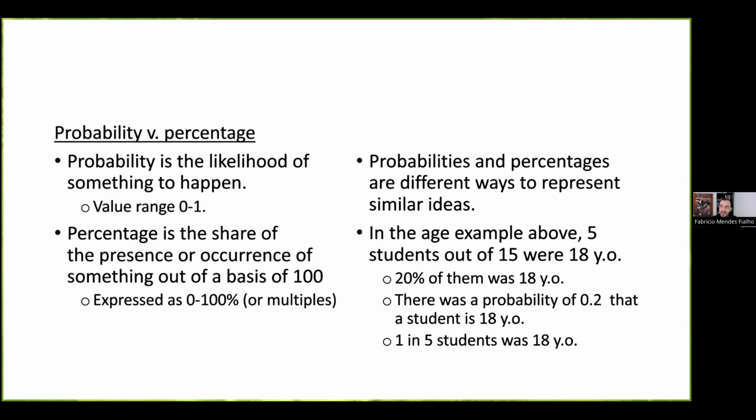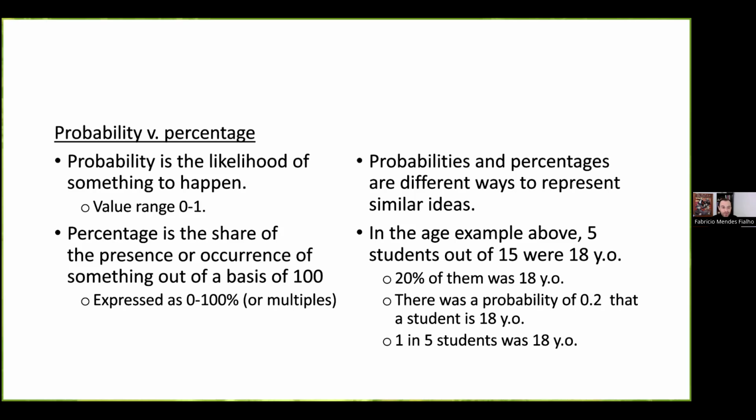Probability is a more theoretical term in statistics and quantitative methods that tells us the likelihood of something to happen, right? Probability is theoretically defined in the range from 0 to 1. 0 means the impossibility of an event to happen. 1 is the absolute certainty that an event will happen. So there is not much chance here, but the numbers in between tell us the likelihood that something will happen.